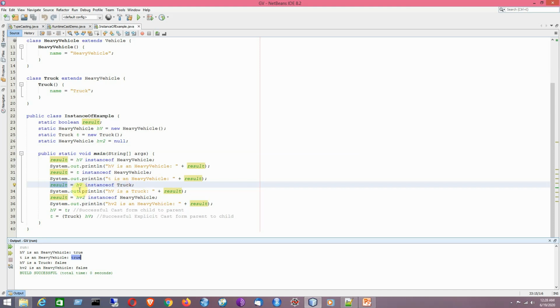So we cannot say that heavy vehicle is an instance of truck. That is why the result will be false.